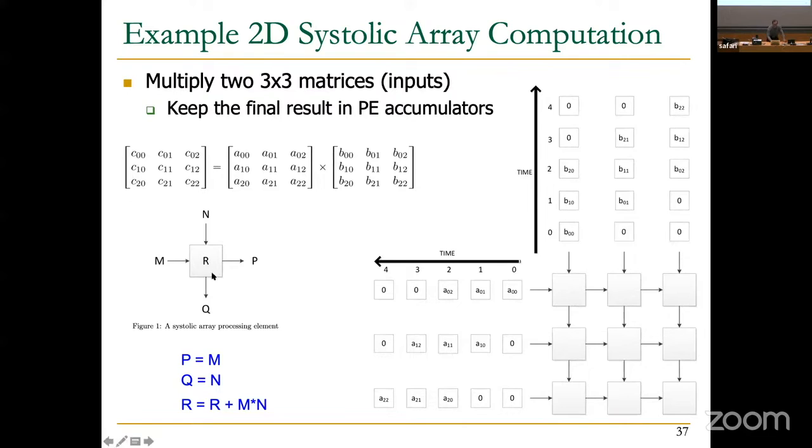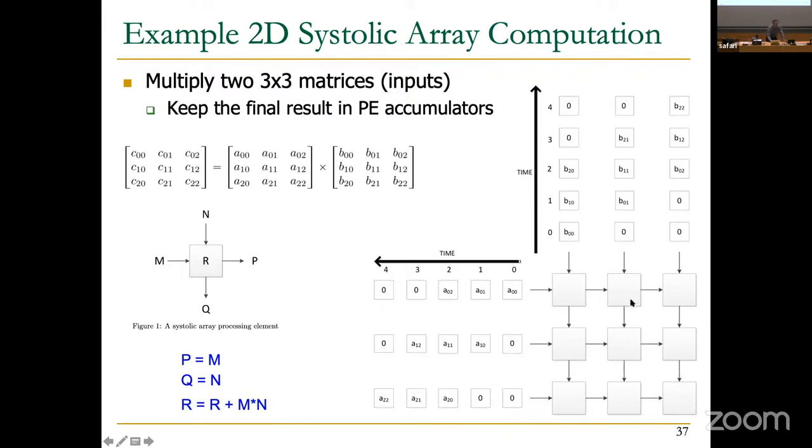While this is happening, of course, in the next cycle, this element will get A00. Because it gets it in the next cycle, in the first cycle you send 0 over here, to make sure that it doesn't do anything in the first cycle until it receives the first element. True over here also. This processing element receives B00 in the next cycle, so in the first cycle it should not do anything, no harm. Similarly, this element receives B00 two cycles later, so it should not do anything for two cycles. That's how you orchestrate the data inputs, essentially.